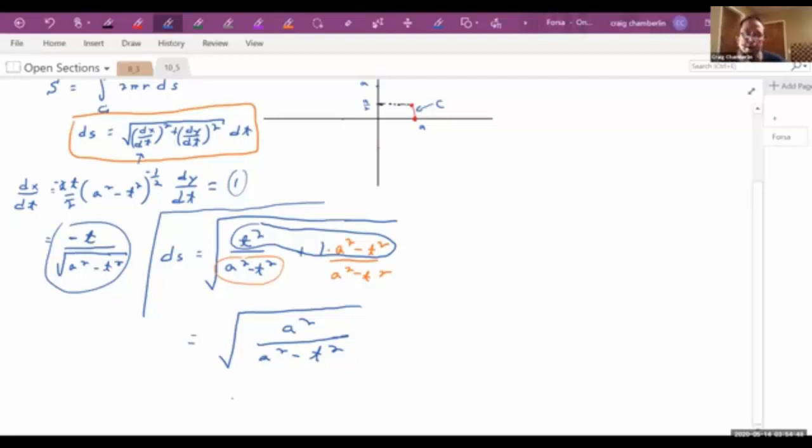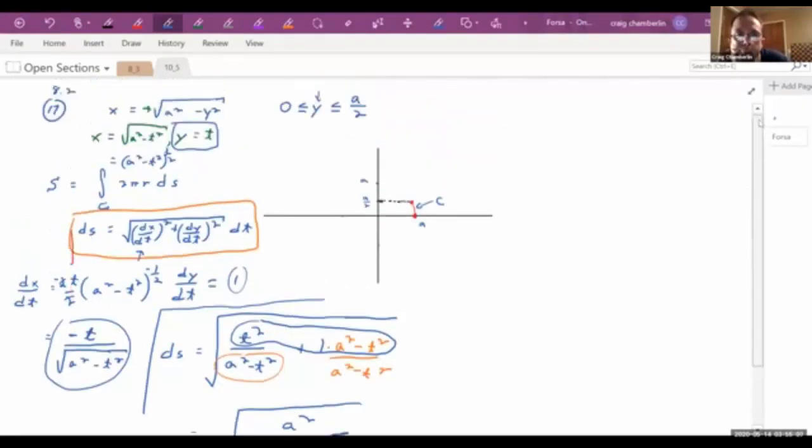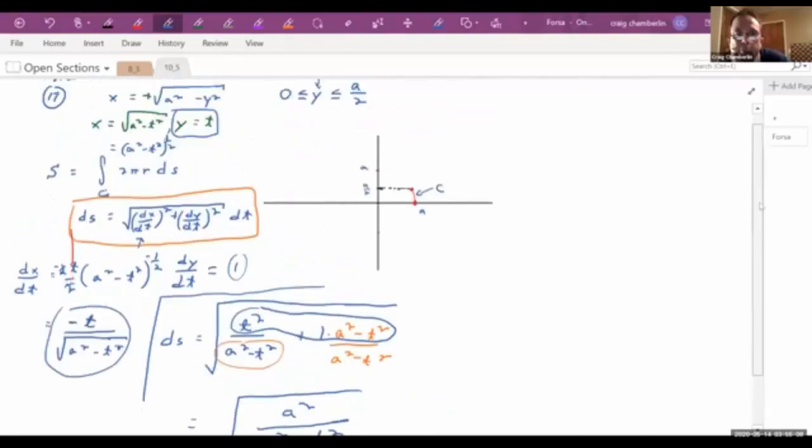Okay, and then what does that give us though? That gives us what? Just if we split up the radical, what? A over what? The square root of a squared minus t squared? Everybody buy that? Any questions on that? Okay, so then